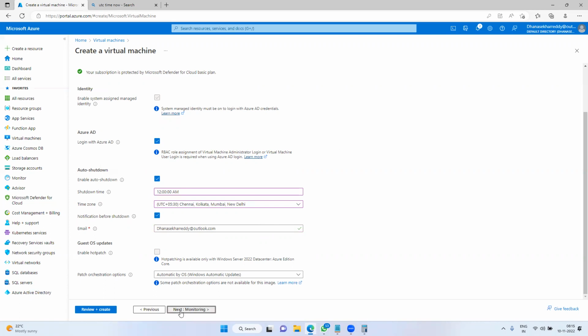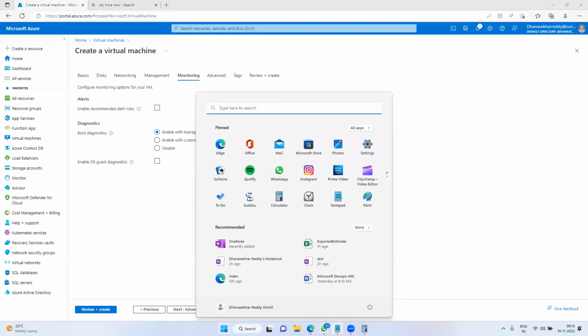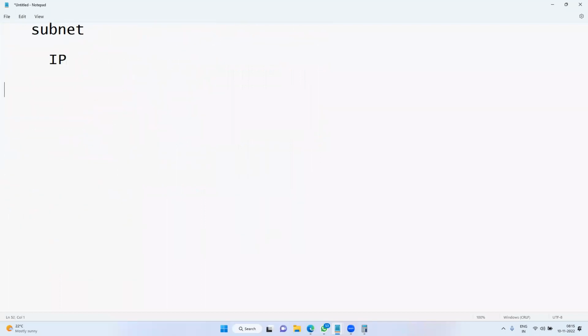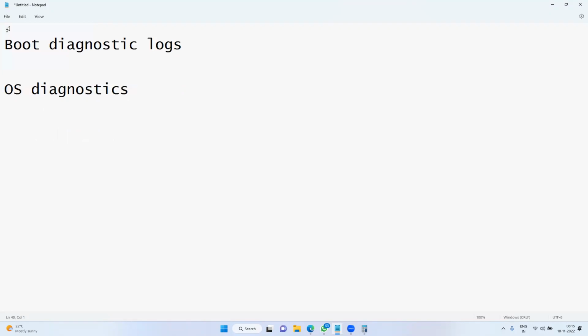Next, monitoring. As you know already, for any virtual machine, whether your laptop or desktop, there are two types of logs. One is boot diagnostics logs. The other one is OS diagnostics. This is quite common.